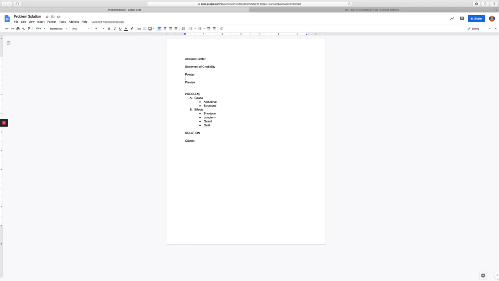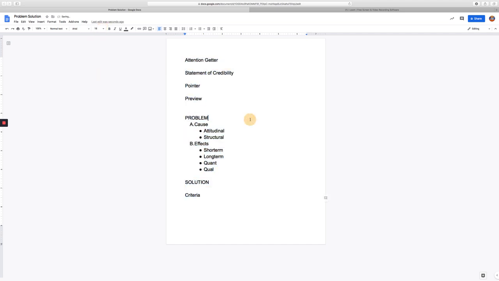The first main point of your problem solution organizational pattern is going to be the problem. And if you think about it, there's a lot of different ways you can break this down. You may have a problem that's an attitudinal problem. So people like that it's a problem, they don't know it's a problem, or they're unaware that it's a problem. In either regard, whatever the cause is in terms of people's mindsets or beliefs or lack of education of it,